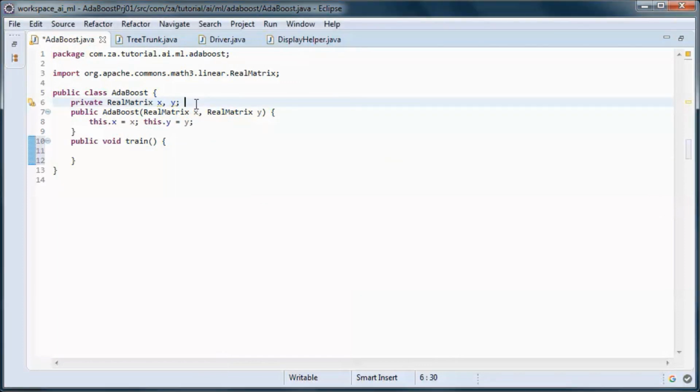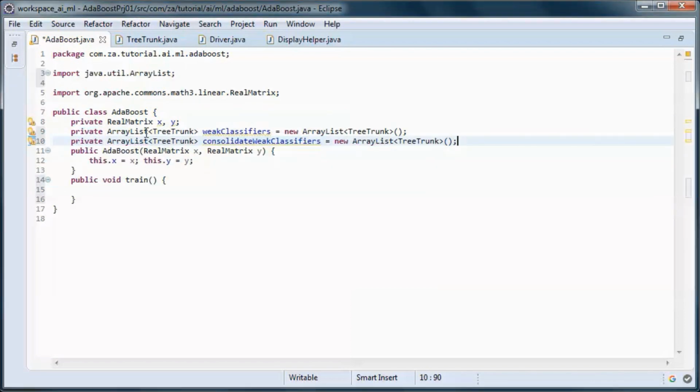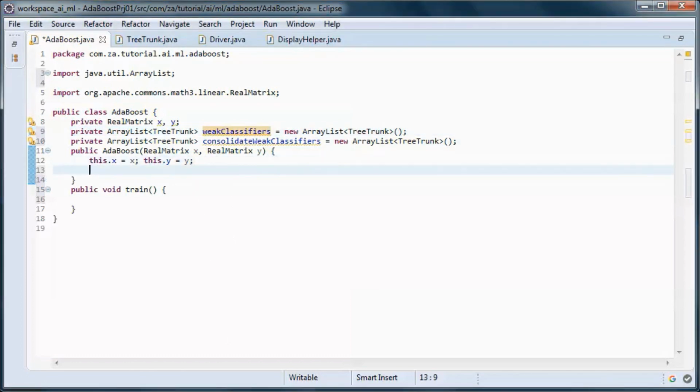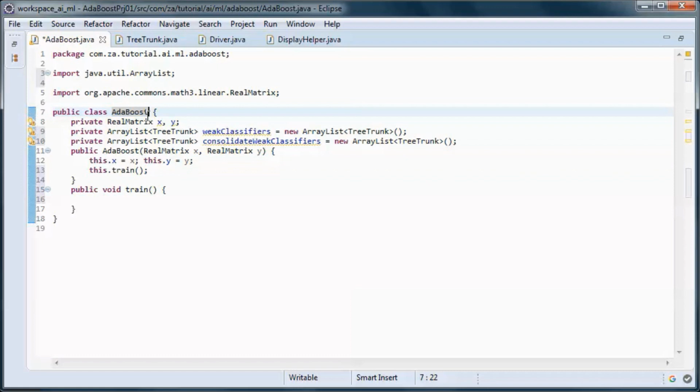And this will keep track of all the weak classifiers, and this is a consolidated version of this. And the train method is invoked whenever we instantiate a new instance of this class.